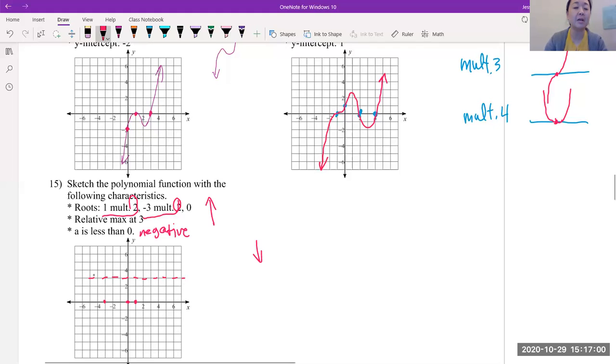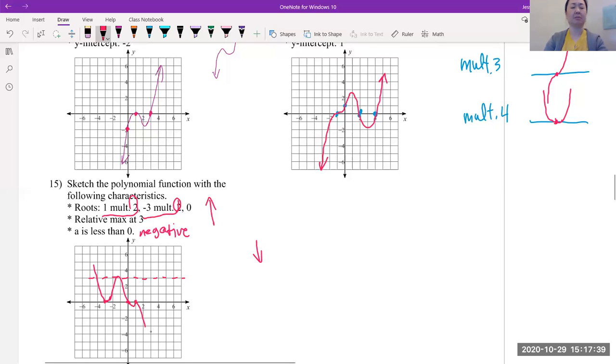So we're going to start with our arms up. All right. So here we go. Remember -3. -3 has multiplicity 2, so we're going to go like this. So it's going to bounce. And then where do we go? We're going to have to cross here at 0. So if I want to have my peak now, I can just do it now. Here's my relative max. Then it's going to go through 0 because it has no multiplicity. And then I have to go back to 1, right? But remember, 1 has multiplicity 2, so it's going to do that little